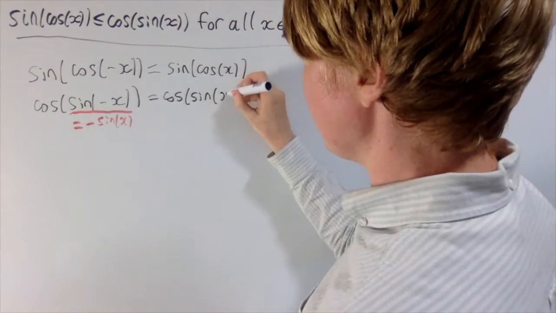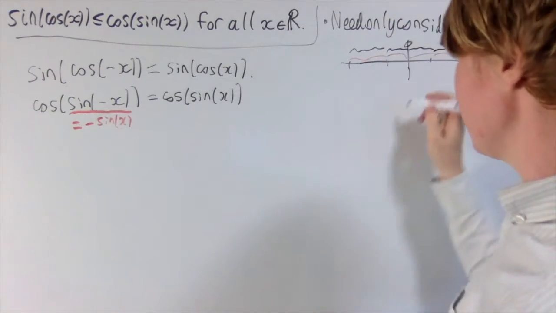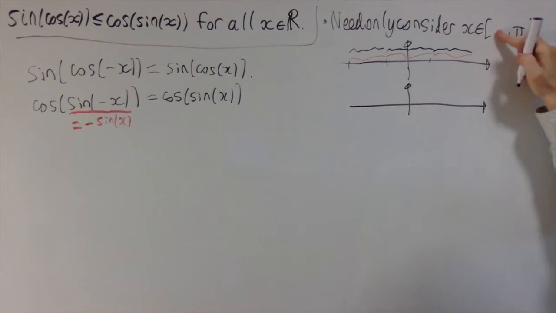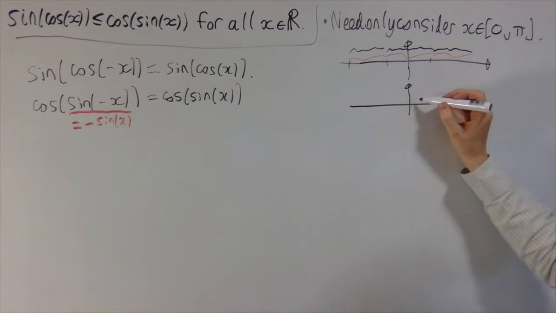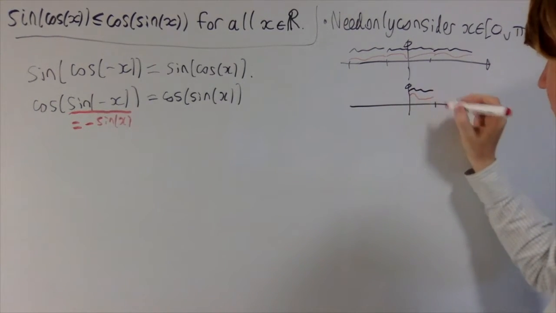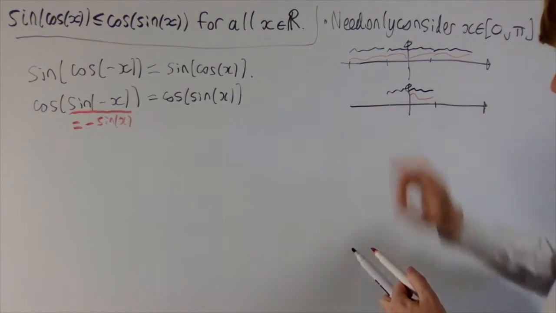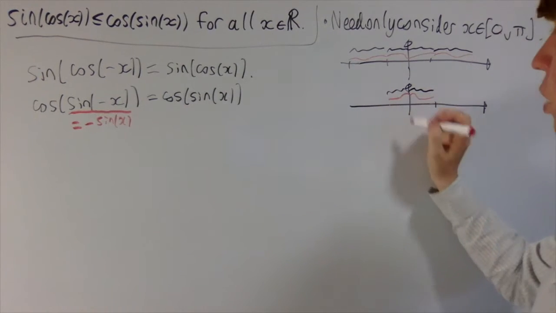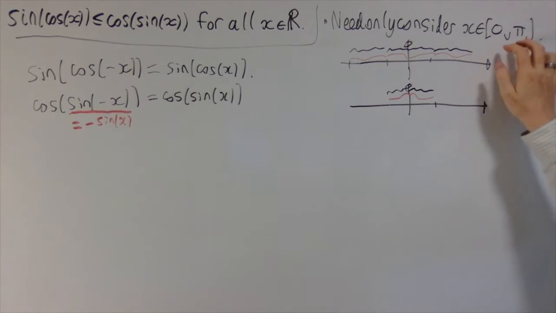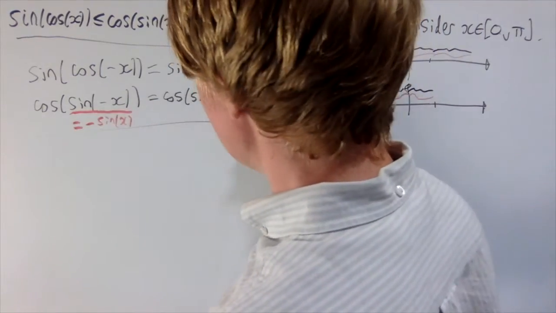So what we've shown here is that these functions are what you call even functions, or they have a line of symmetry in the y-axis on this picture. So let me just explain why we can now say that we only need to consider x between 0 and pi. That's basically because if we can show that the inequality holds between 0 and pi, then you'll get a mirror image of this picture between minus pi and 0, whatever the picture may look like. So now we're also going to be able to reduce this down to what happens between 0 and pi over 2. And to do that, let's just consider,